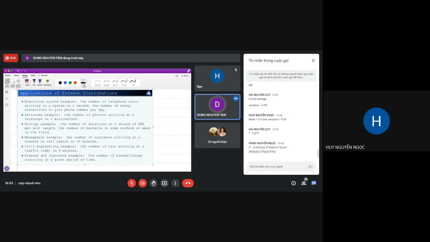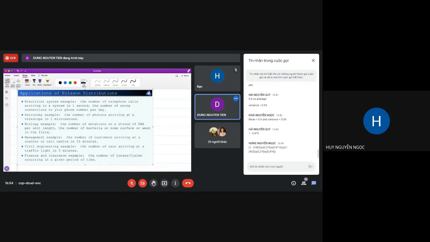Okay, a Poisson distribution can be used to describe the number of events that you can observe during a period of time. For example, you can use it to describe the number of telephone calls arriving in a system in 1 second, or the number of wrong connections to your phone number every day, or the number of photons arriving at a telescope in 1 microsecond, the number of mutations on a strand of DNA per unit length,